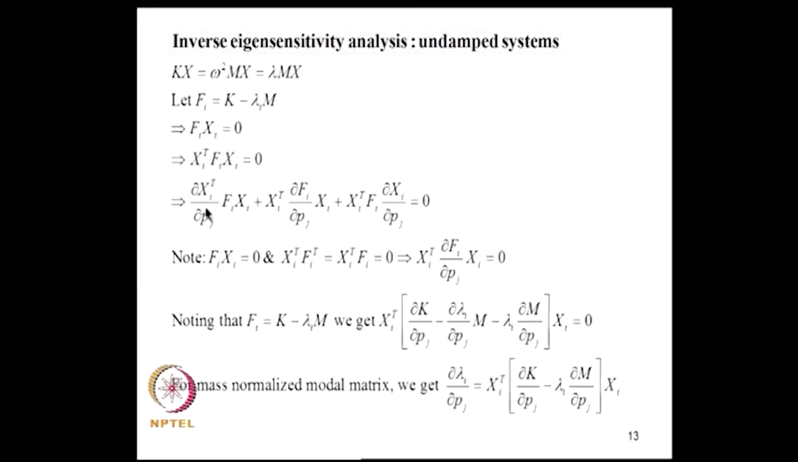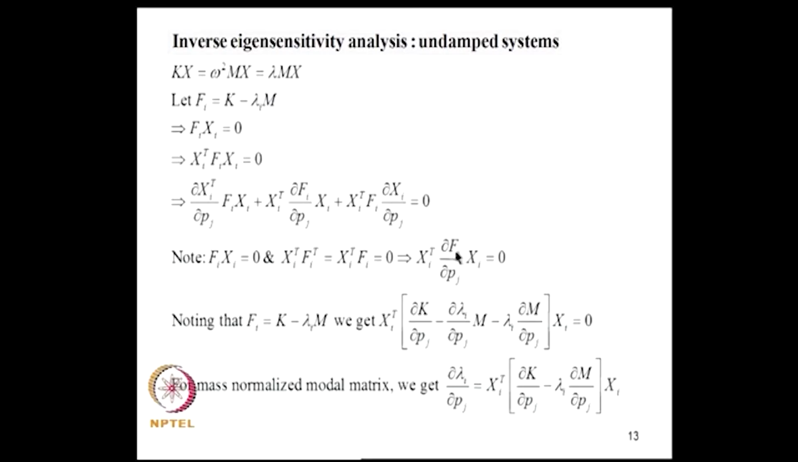So, this is ∂xi^T/∂pj, Fi xi remains as it is, and I differentiate the second term and so on and so forth. Now, since Fi xi equals 0, it means the transpose of this is also 0, xi^T Fi^T is 0, and xi^T Fi is also 0, because Fi transpose is Fi; it is a symmetric matrix. So, that would mean that except for the middle term, the other two terms drop off, and I get this